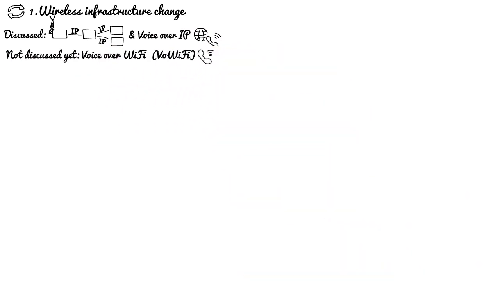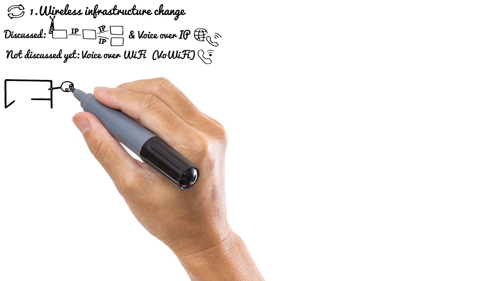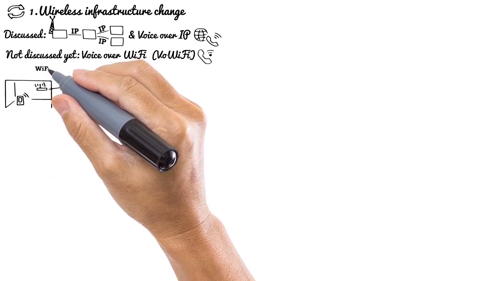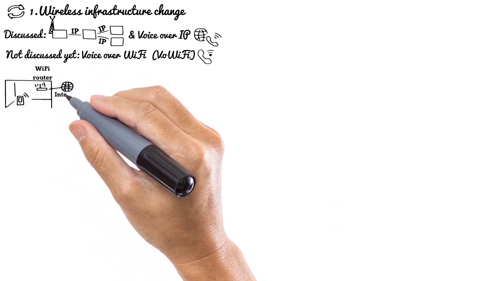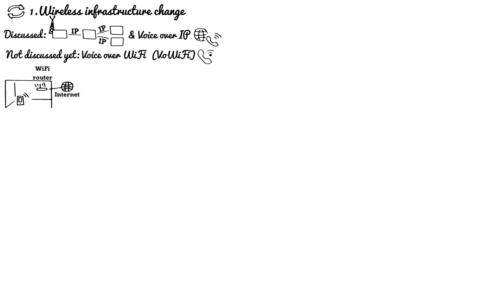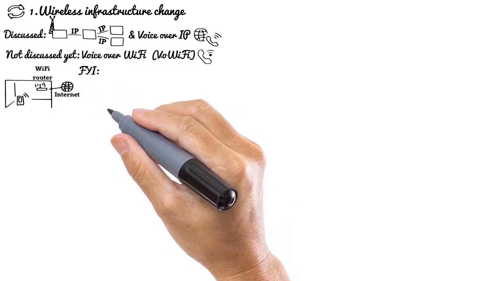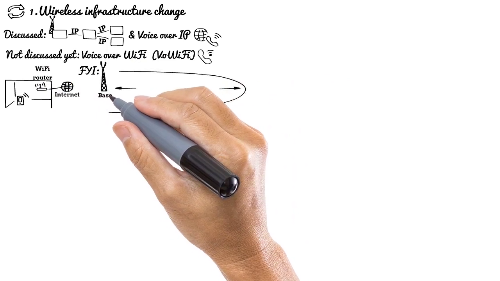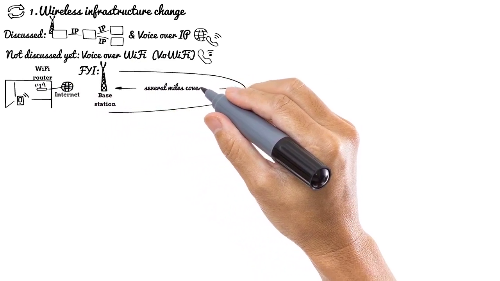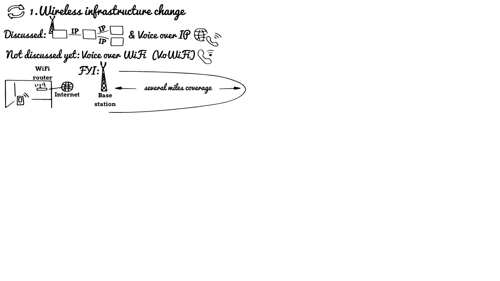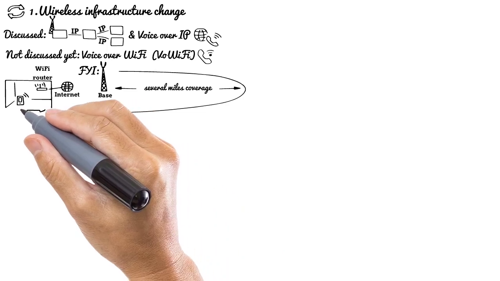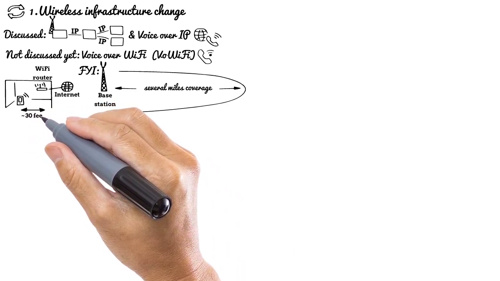From its name you can guess that a mobile network customer can receive voice service when the mobile phone is connected to a Wi-Fi router over the air instead of connecting to the mobile operator's base station. By the way, each mobile network's base station has large coverage, several miles from its antenna to the mobile phone. A 1G network's base station had approximately 40 miles, a 2G network's base station had approximately 20 miles. Wi-Fi hotspots on the other side have a very limited geographical coverage, up to approximately 30 feet or 10 meters